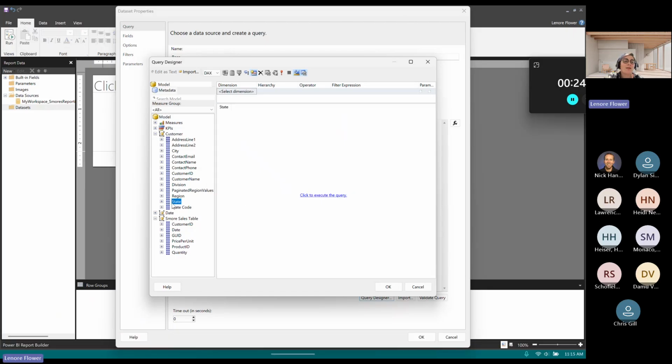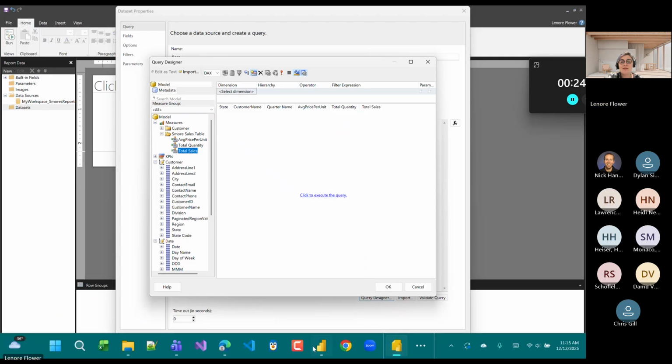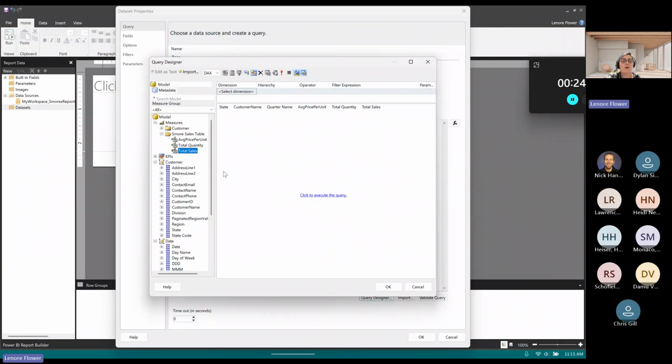I'm just going to drag state, customer name, order name, and then in the measures, which always pops all the way up here just to confuse things, average price per unit, total quantity, and total sales. Did I get them all? Yes. Okay.